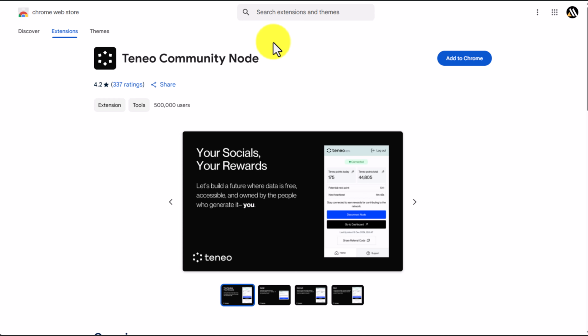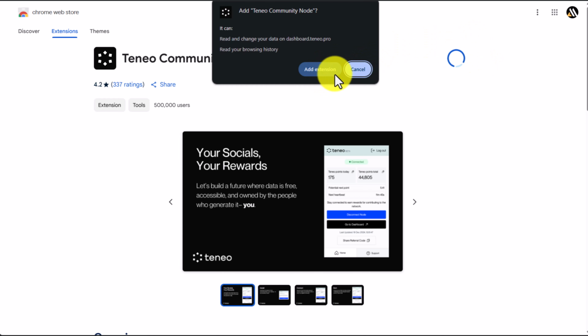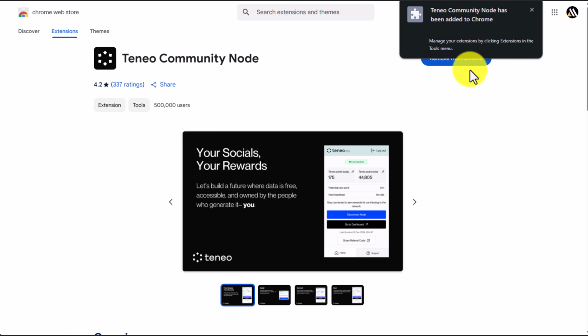Now let's move on to how you can join this airdrop. So the first step is you need to download their browser extension. As you can see, they already have 500k users, so this is huge. So let's download and install the extension,